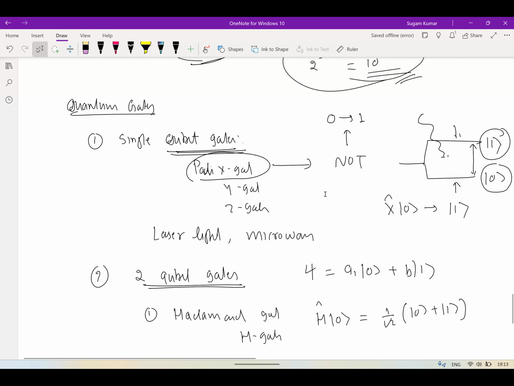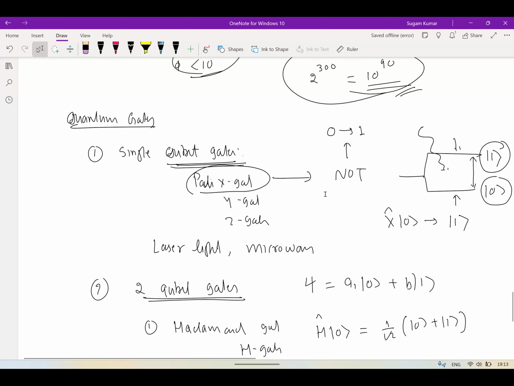And how can it be done? Again, I can give a small glimpse here. For example, I said that if I shine a photon for a certain time, then the probability of the electron going up becomes maximum. After that, if I keep shining, then it will come down also. So it will again come back, again go up. But if I shine the photon for, let us say, this much time, it is neither in the up state nor in the down state. So it will be somewhere in a superposition state.